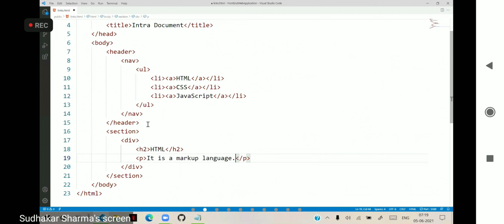Some small content is there. Previously, we had a lot of content suitable for scrolling, so it would scroll to that location. But sometimes we may not have enough content for scrolling.